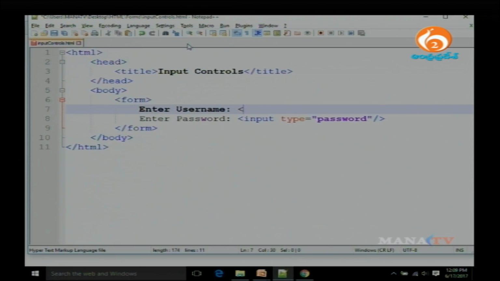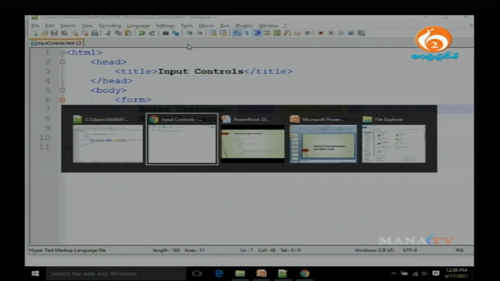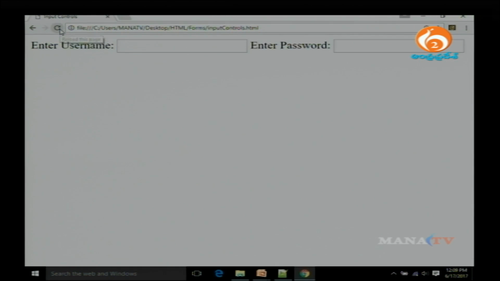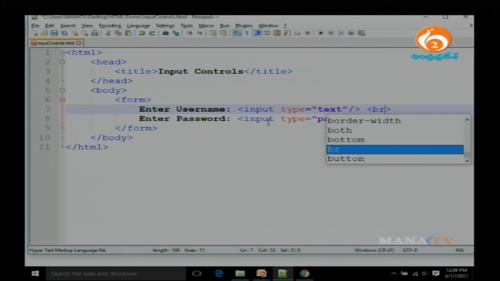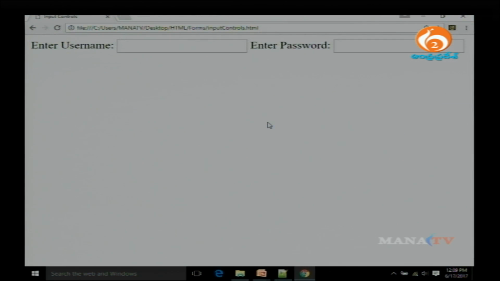So, what is the username? We already know that input type is equal to text. So, here close the tag, Control S for saving, go to the browser and just refresh. But see, enter username and enter password, it came side by side. So, in order to make it come in a new line, what do we need to do? We need to enter a line break. So, here BR we will keep. So, now if we refresh,